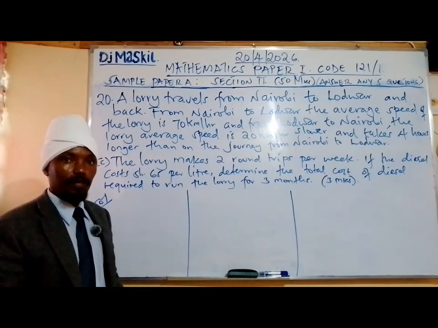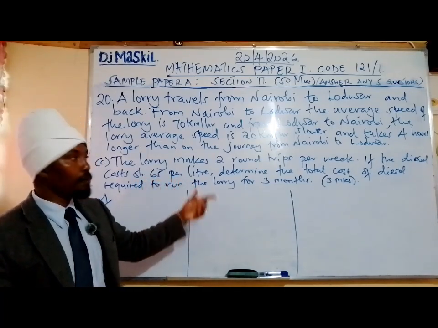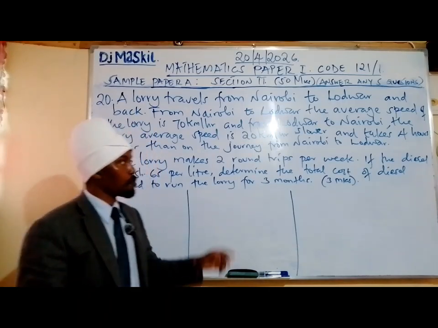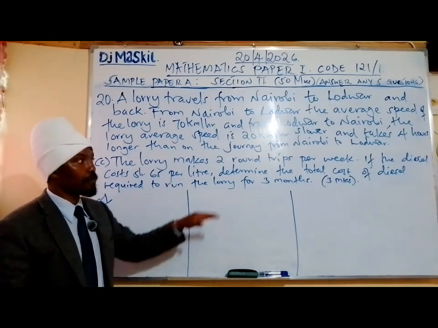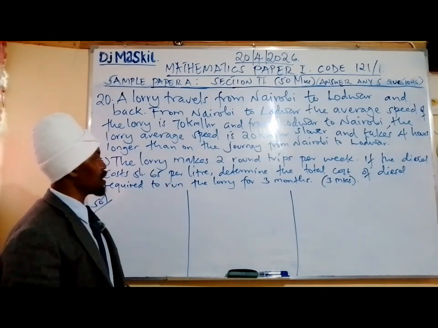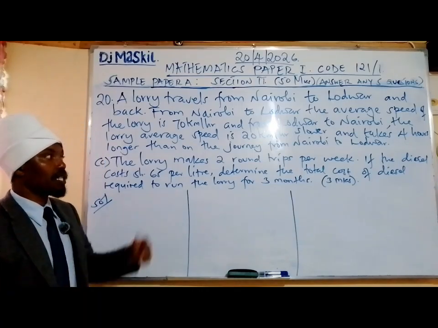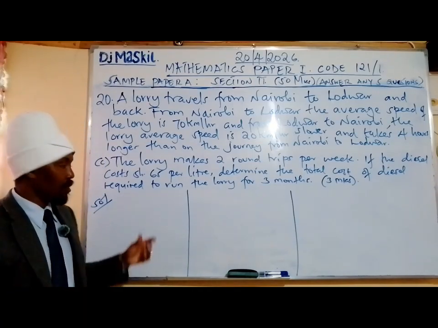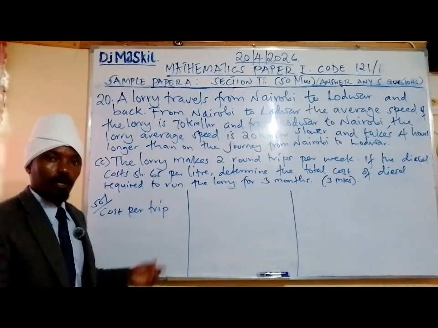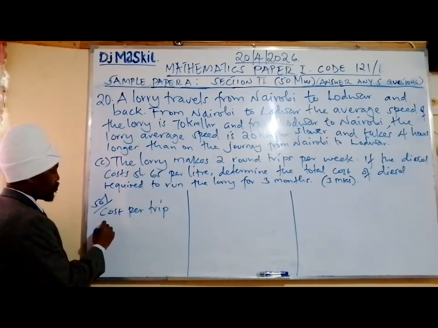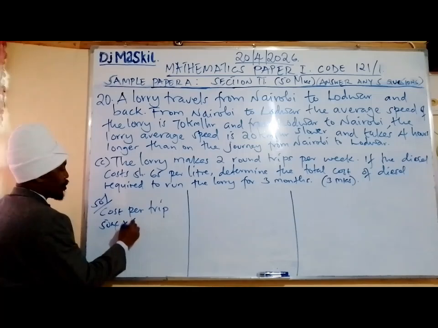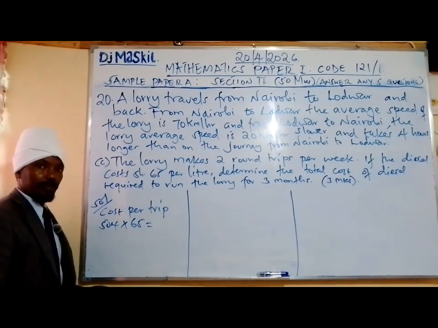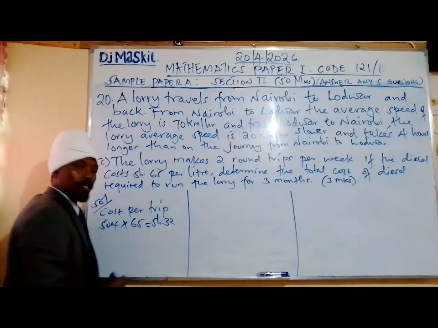So part C of the question. The lorry makes 2 round trips per week. If the diesel costs 65 shillings per liter, determine the total cost of diesel required to run the lorry for 3 months. Solution. So cost per trip will be given by 504 multiplied by 65. This will give you